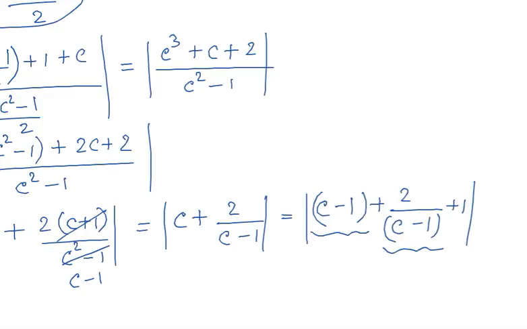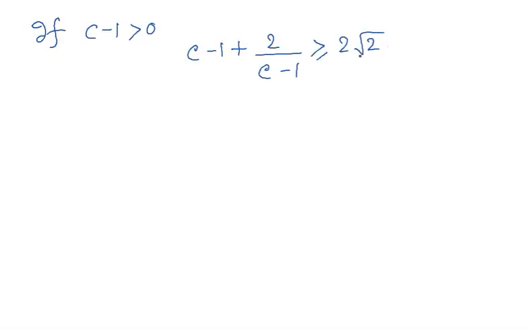So that's why we have modified it in this way, just to analyze it using the concept of AM GM. So now we can see that there will be two cases. If c minus 1 quantity is positive, then we can surely say that c minus 1 plus 2 by c minus 1 should be greater than equal to 2 into root 2, using the inequality arithmetic mean greater than equal to geometric mean. So according to this, we are getting that the expression S minimum